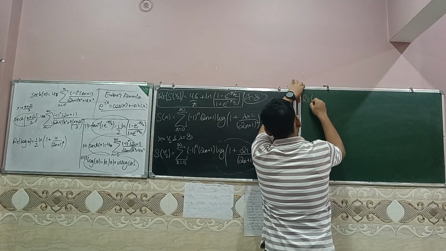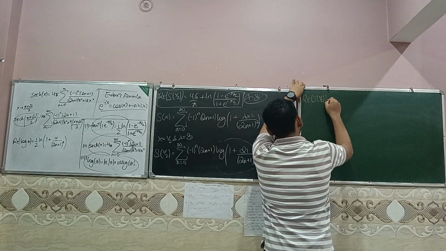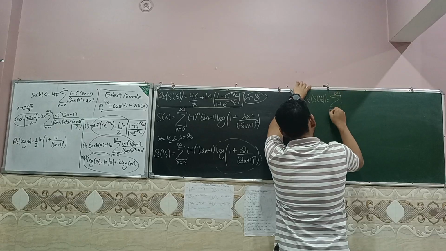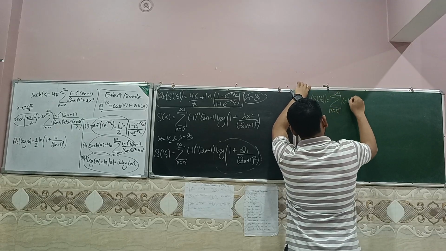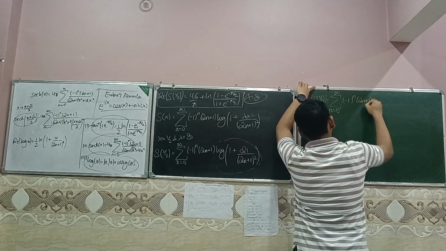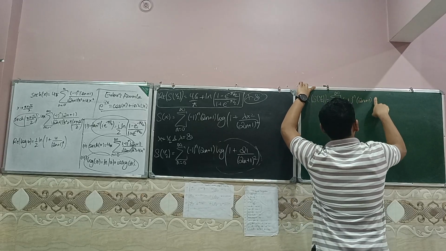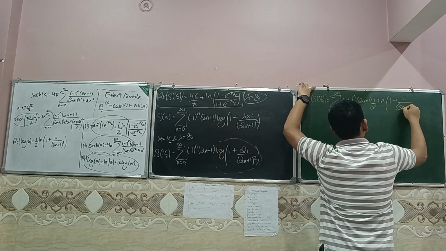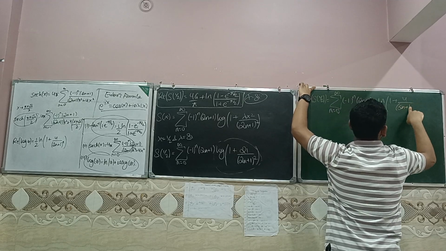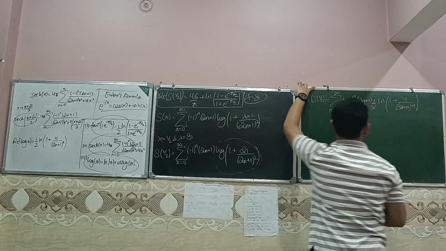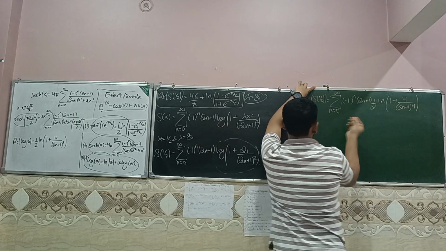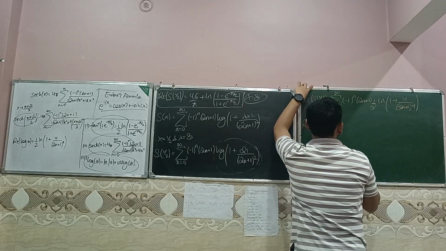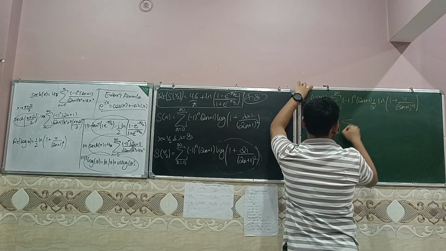So the real part of S of half becomes the series as n goes from 0 to infinity of (-1)^n times (2n+1) times half ln of 1 plus 4 over (2n+1)^4. This half comes out of the summation, so the real part of S of half comes out to be 1 over 2 times the series